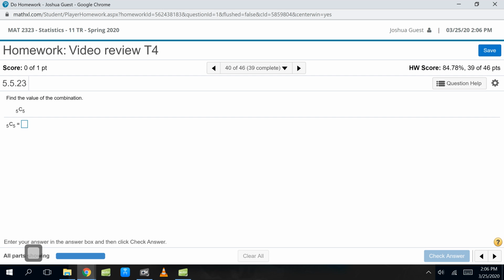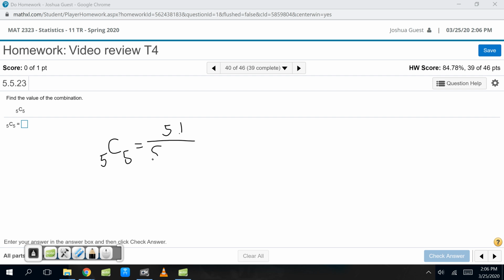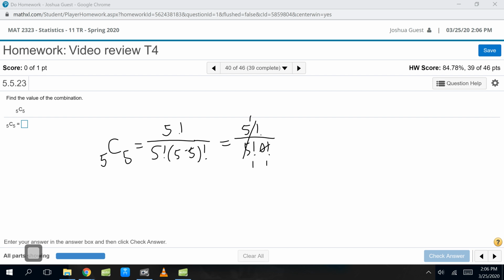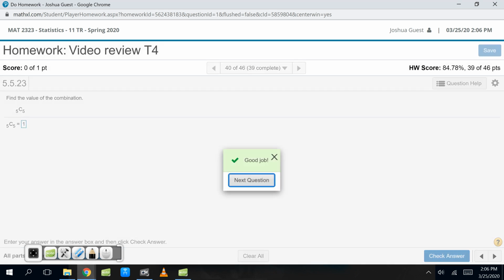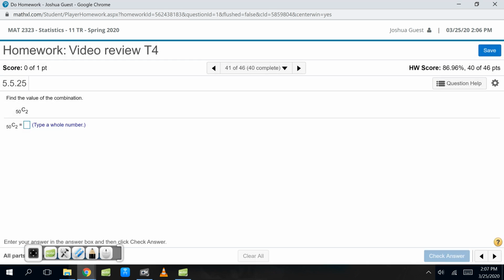And then we're going to see what 5 combination with 5 is going to be here. So this is going to be 5 factorial over 5 factorial, and then 5 minus 5 factorial. Well, look at that. That's going to be 5 factorial over 5 factorial, 0 factorial. Those divide out, and this becomes 1. So everything's a 1. 1 over 1 is 1. Anytime these numbers match here, that answer is just going to be 1 if it's a combination. So this is going to be 1. But again, you punch it in your calculator, and it tells you, and you're all good. Okay? So that finishes up this video of the questions 31 through